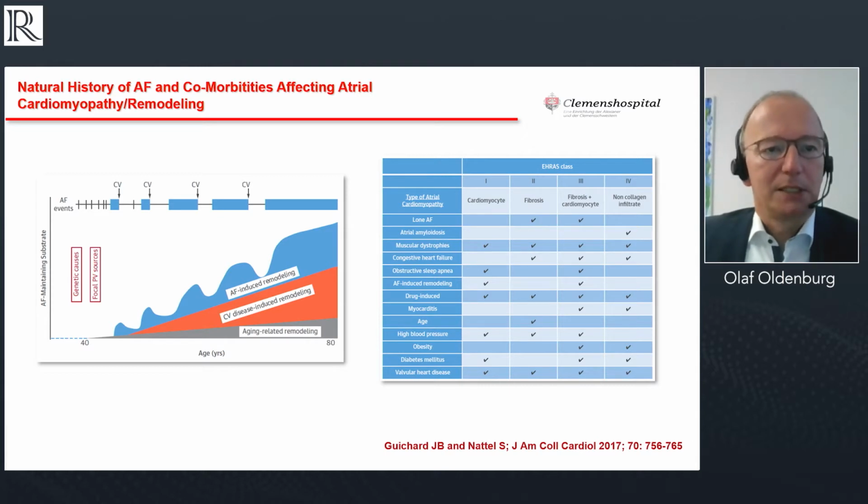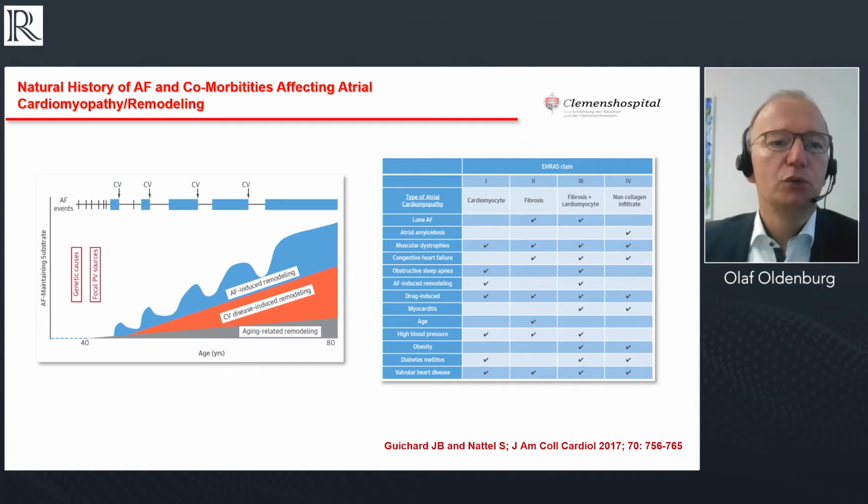I'm not an AP, guys. That's something for Dominic. And I don't know if the term atrial cardiomyopathy is now well accepted or not. But I like this little sketch here, which tells us that with increasing age, we will have several factors contributing to AFib and AFib reoccurrence. That is AFib causing AFib here, that is age causing AFib here,